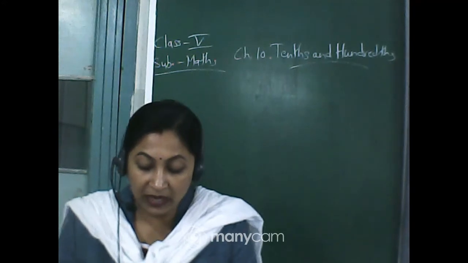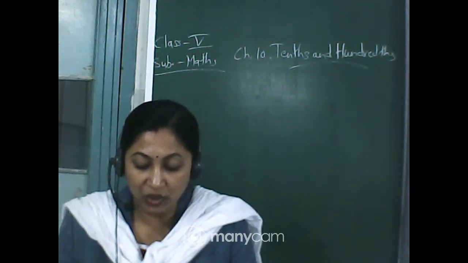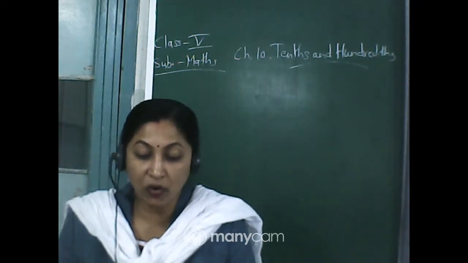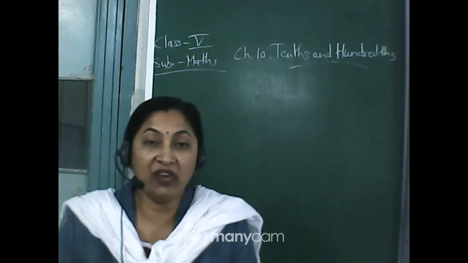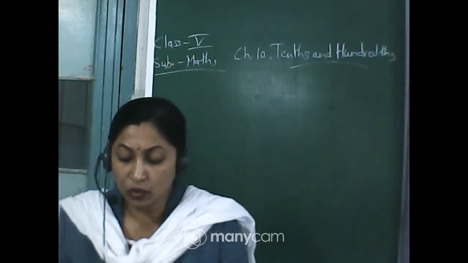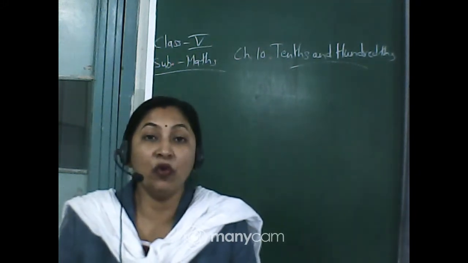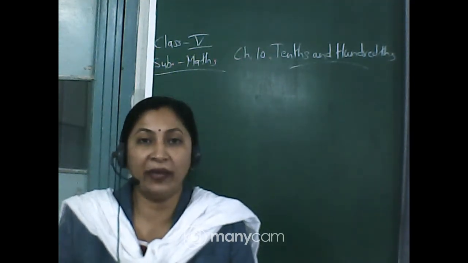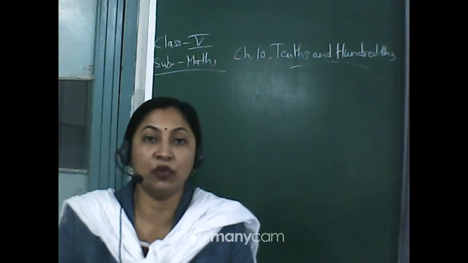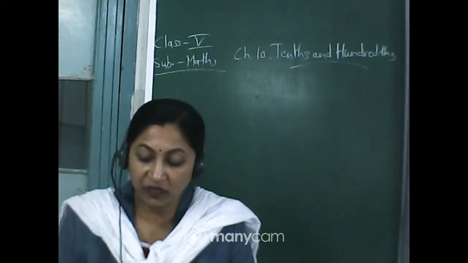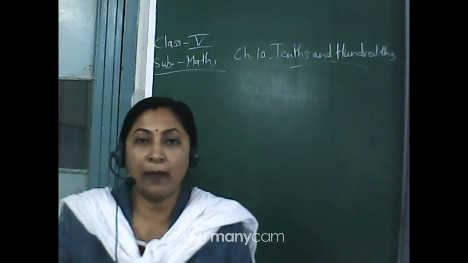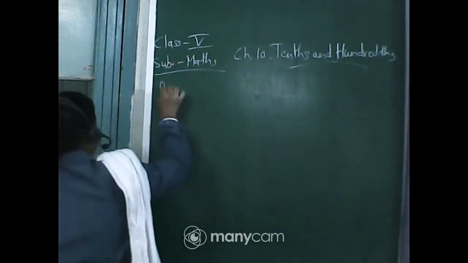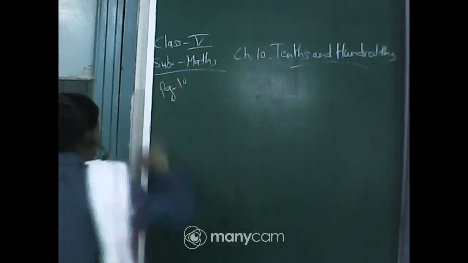So first one is given, how many won can she change for rupees 4? So let us find it out. For rupees 4, what will be the amount in won? From the table we know that 1 won is equal to rupees 0.04, that means 4 paise. So for rupees 4, how much will she get? That is the amount we will find out. I am directly writing. You can write the statement or you can also write it directly.